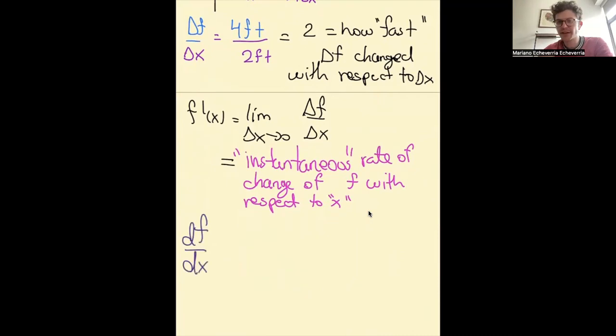When you write something like df dx, this notation is better just because it reminds you of a ratio. What this says is how fast, the rate at which